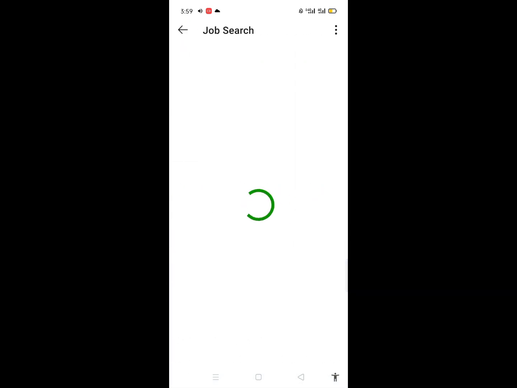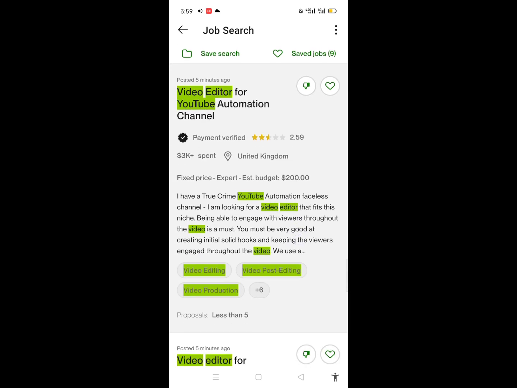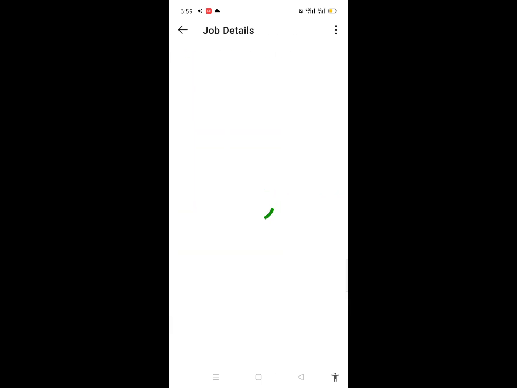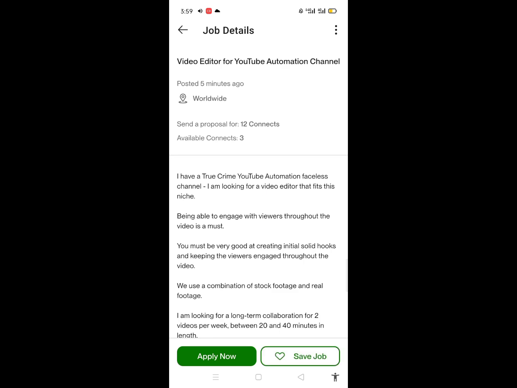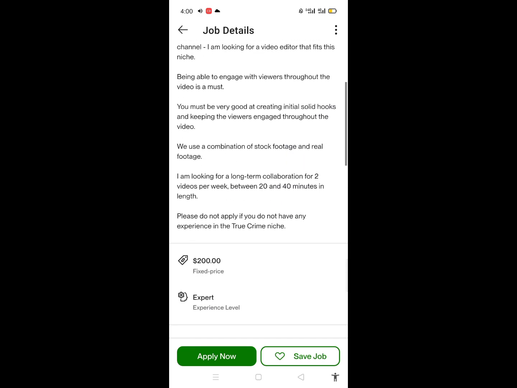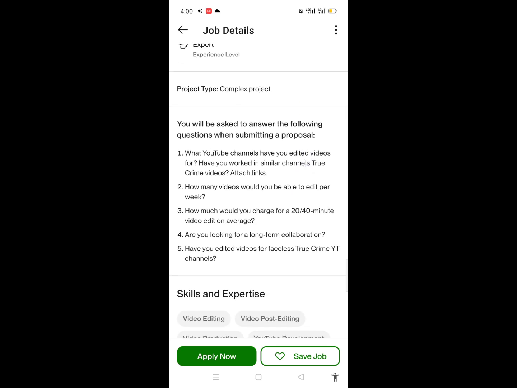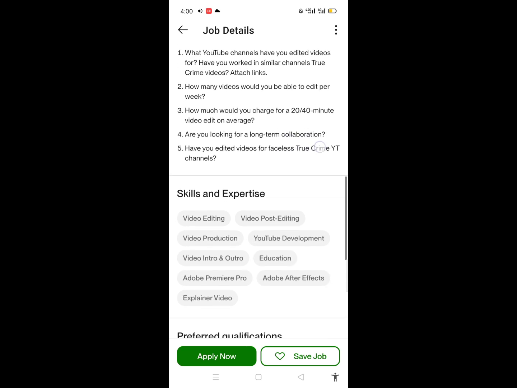like YouTube video editor. So here is some client who posted 5 minutes ago: video editor for YouTube automation channel. Here you can see the payment verified, and the client is from the United Kingdom. For this job you can send a proposal for 12 connects. Mine is available for 3. You can read the description of the job, and here is the price of the job, fixed $200, and it will be finding experience level